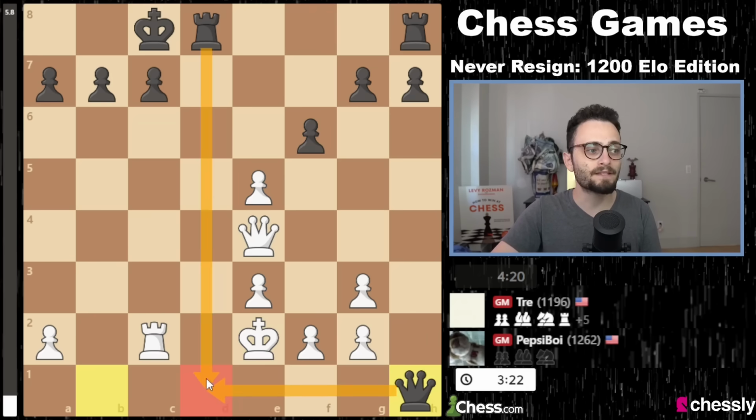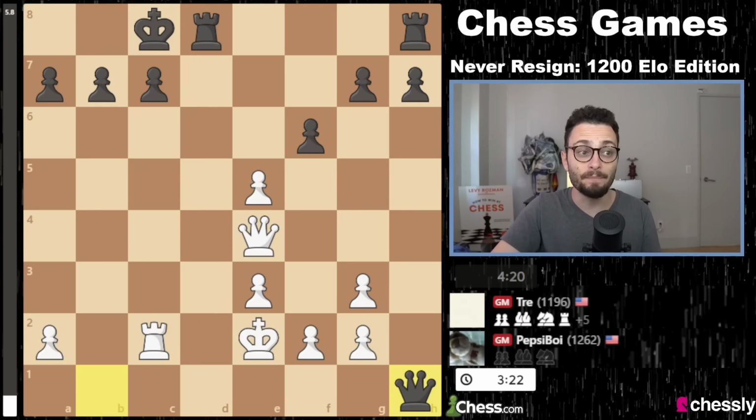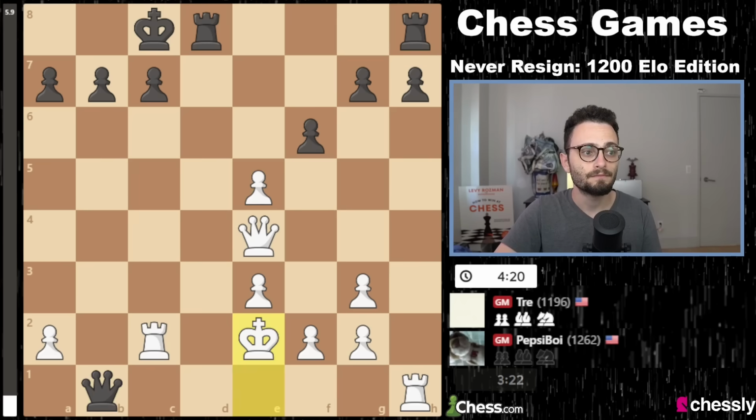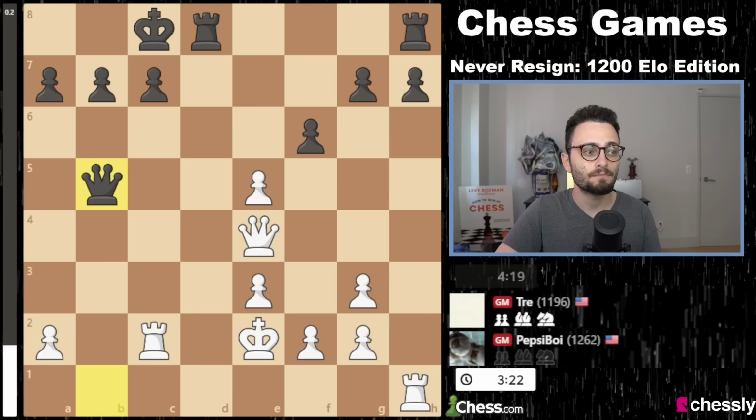So that did not exist a moment ago, so white is just totally, hopelessly lost because of that. White doesn't get any counterplay at all. And by the way, that happened. d5. Queen b1 check. And in this position...